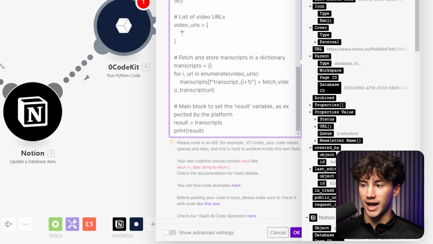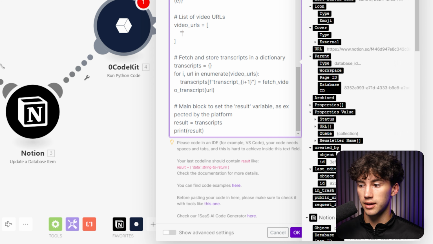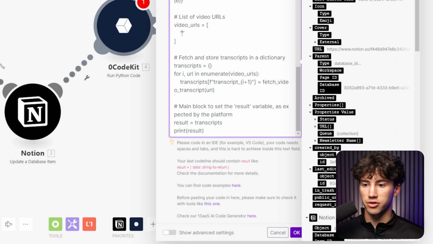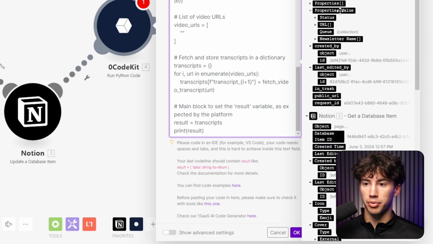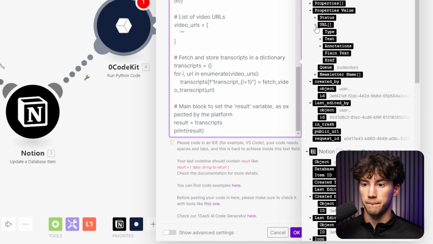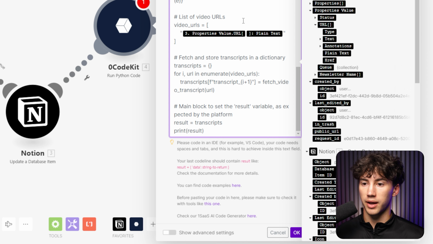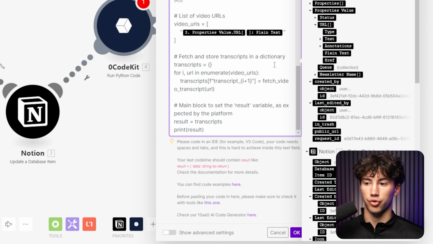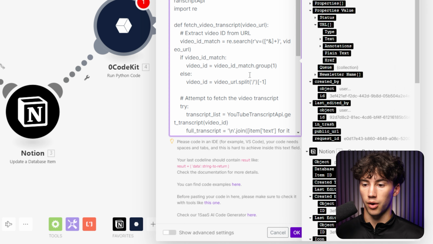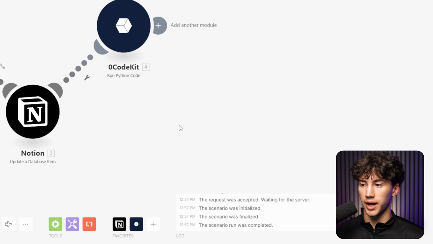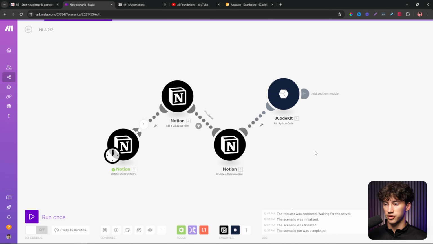So under update a database item, you can see that module's blinking down in my bottom left here. I just want to find where it says under properties value URL. Once I select URL, I can select the plain text, and that will give me the URL of any YouTube video coming in, which will generate the transcript after it has the URL, which is beautiful. So I'm going to hit OK, and now we're just going to run through this process just to show you